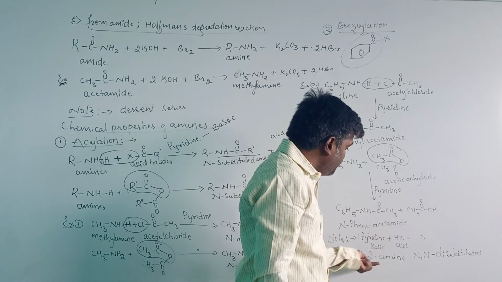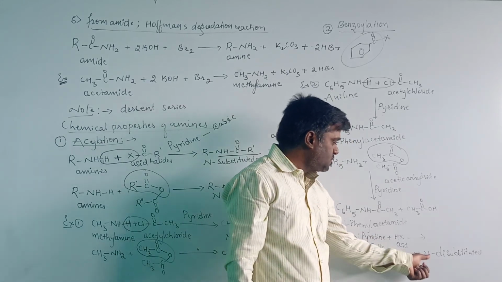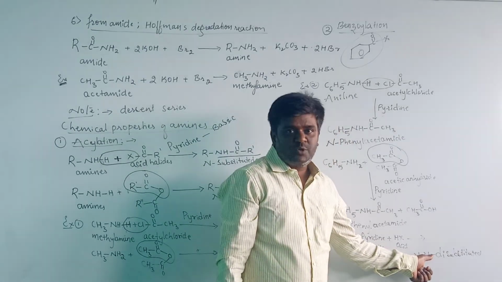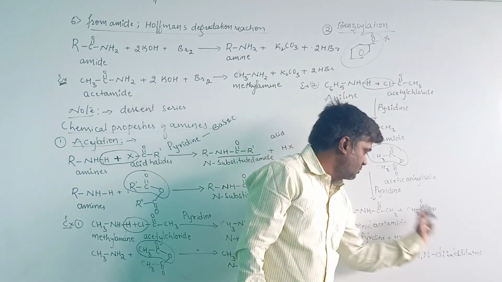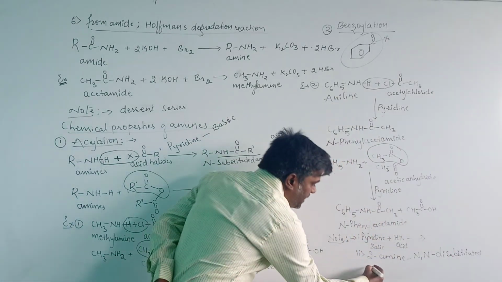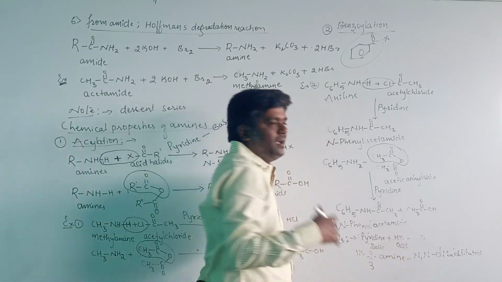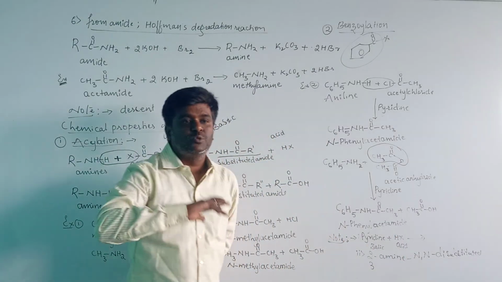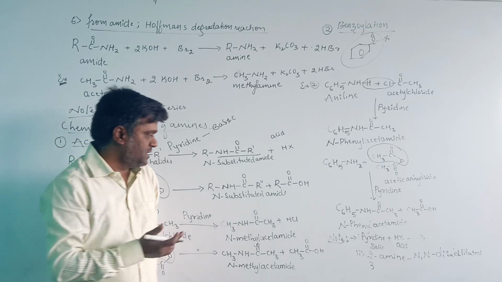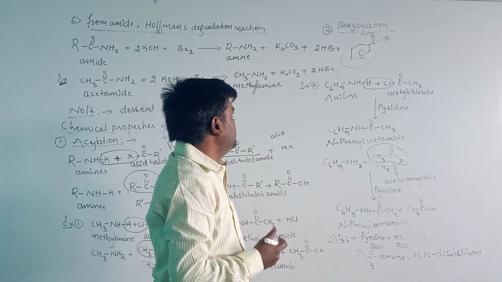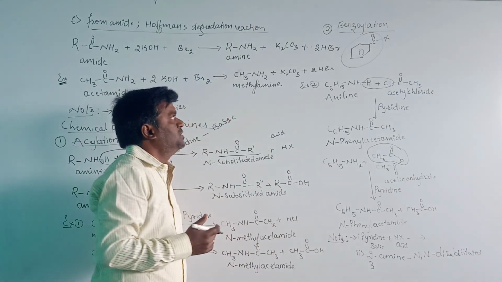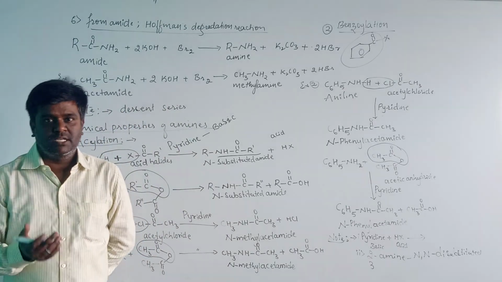If we take the secondary amine, then two substituent groups will be directly attached to the nitrogen. Suppose you take tertiary amines, then it will produce an N,N,N-trisubstituted product. Let's go to the second note, and we will see the next class. That is, benzylation we will take in the next class. Okay, thank you.